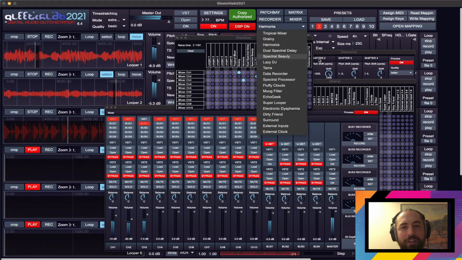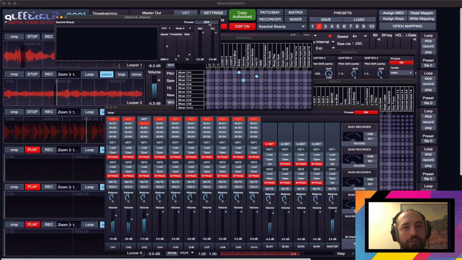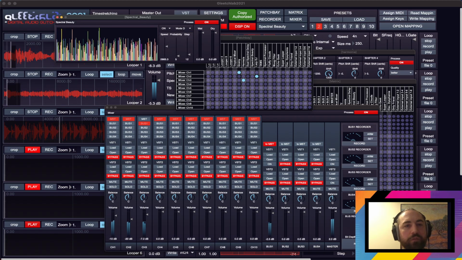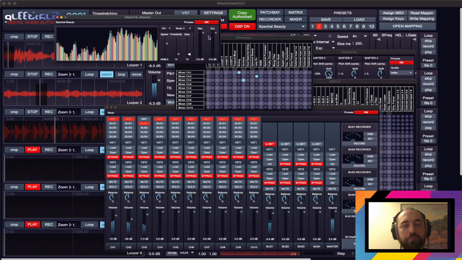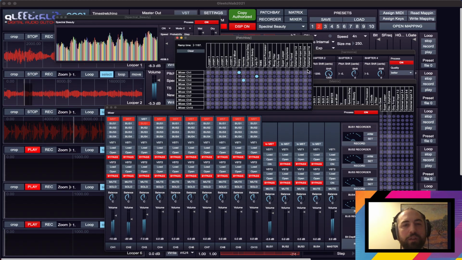Okay, so then something else I like to do is, let's say we'll take the spectral beauty here. This is like a, I forget how many, but it's a spectral filter bank, right? And it's quite a lot. Let's see here, when we get it going. Yeah, you can see them moving here. This has got these different modes here for how it moves all the partials. I forget, it's like 200, you know, it's quite a large number of these little spectral bands here, and so you can get them moving. So you can blend it in, or I usually just do the wet, and then